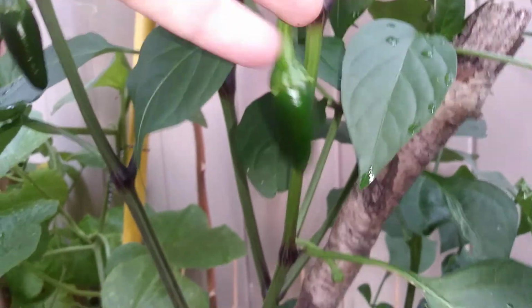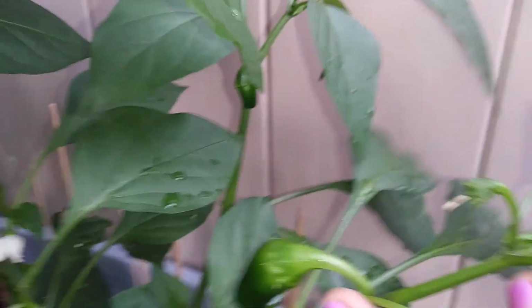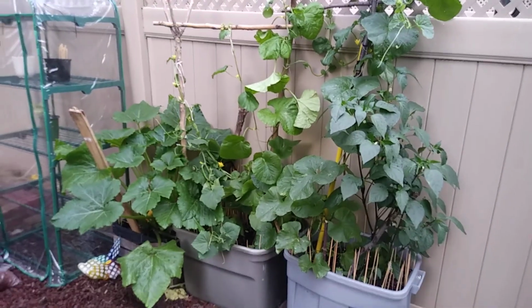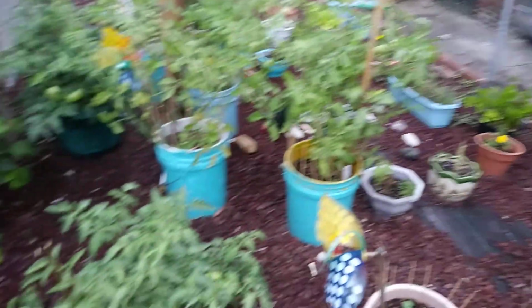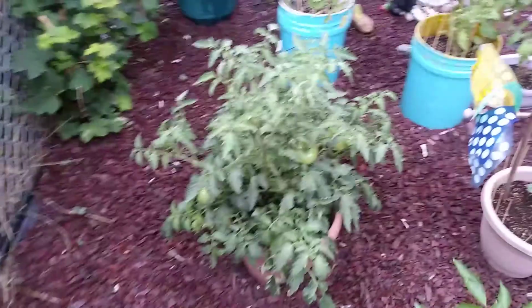So we've got a jalapeno pepper here and here, and a bunch of little guys. Oh look, I didn't even see this one. This one. A bunch of flowers and stuff. But I just love this little area here. It's grown so much. Then, if we turn over this way, one of the black Krim tomatoes, they're finally starting